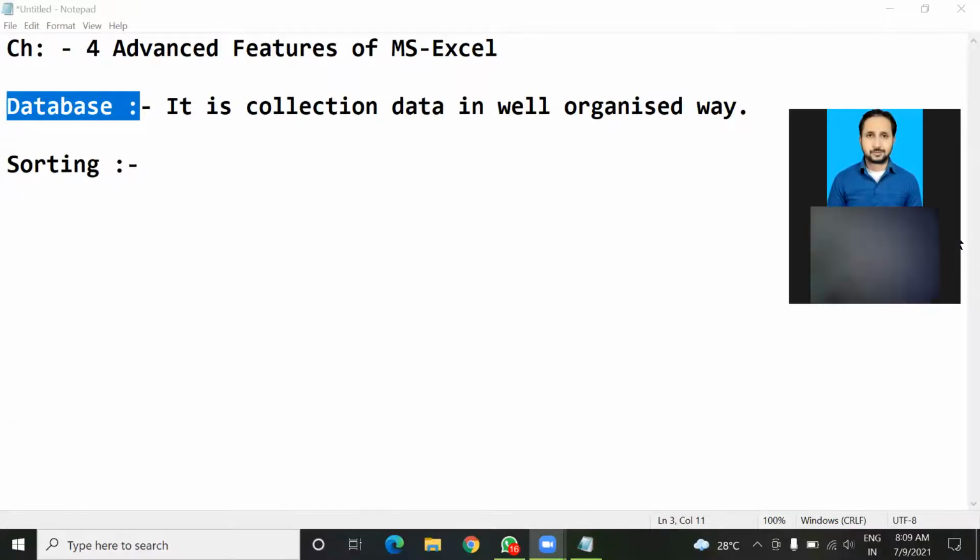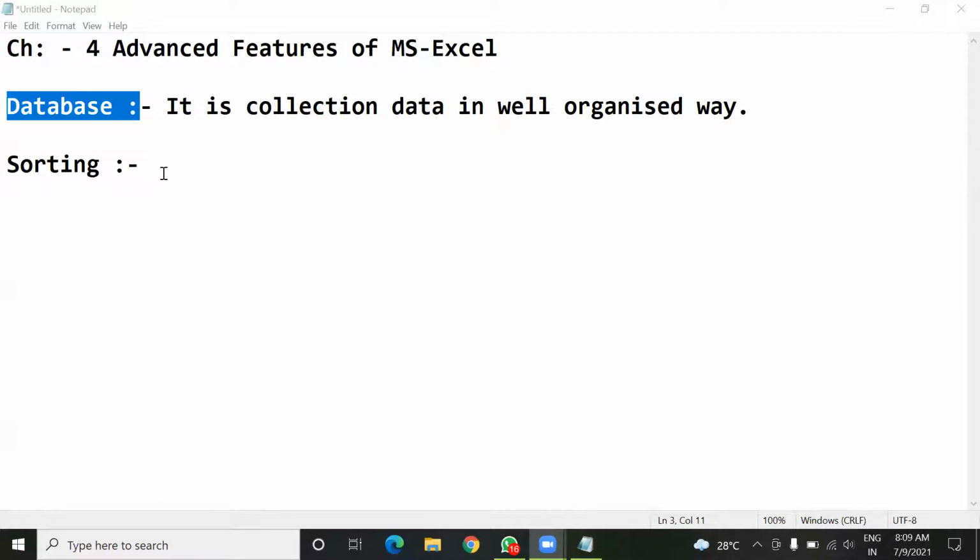So we have a database. In a database we have data stored, and then we can perform these two operations, sorting and filtering, and we have to study these two features in MS Excel in this chapter. Okay, so first of all, we should define what is sorting.